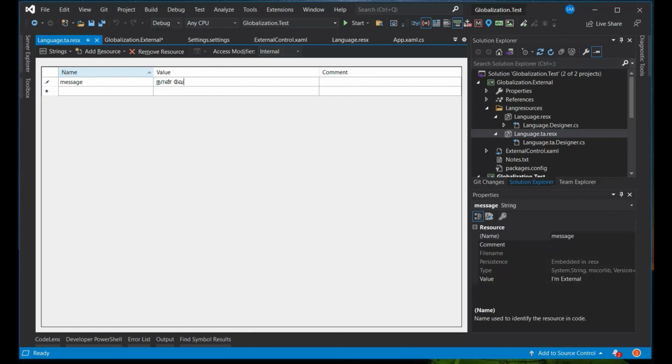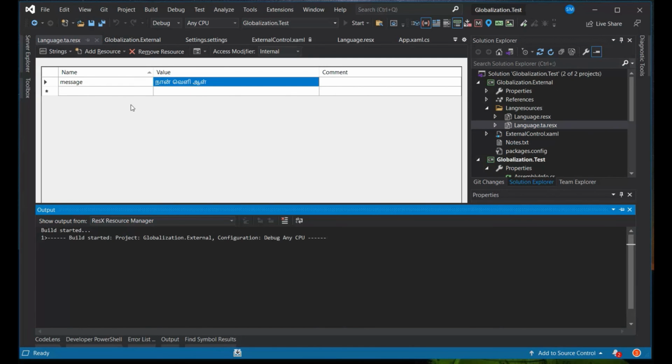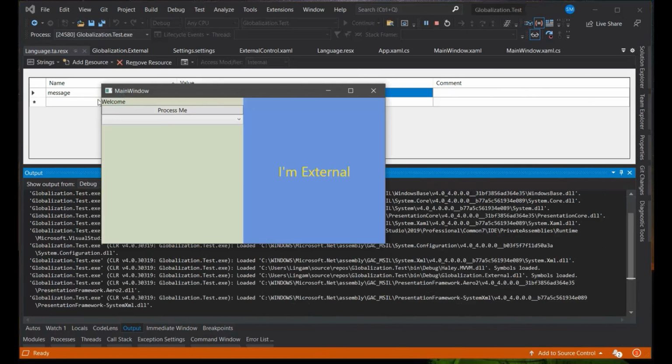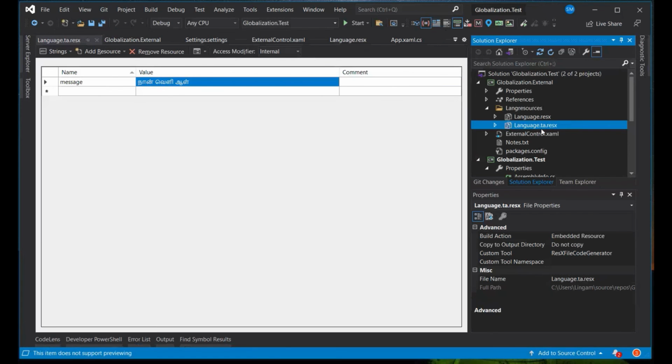Now, I'm an external person, obviously it denotes a person, so that's okay. Let's try now. So it's in English and it's in Tamil, so we can now switch to different languages. And the benefit is